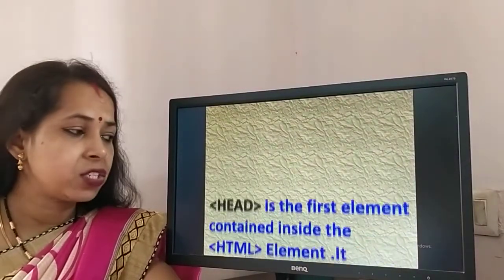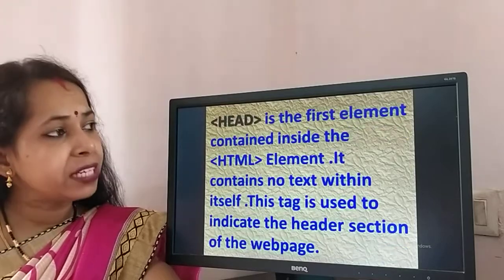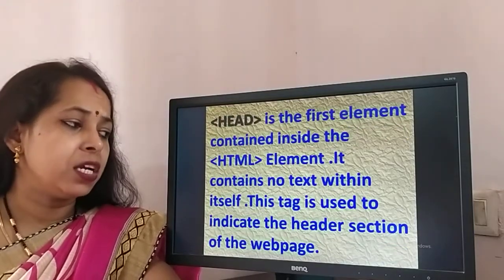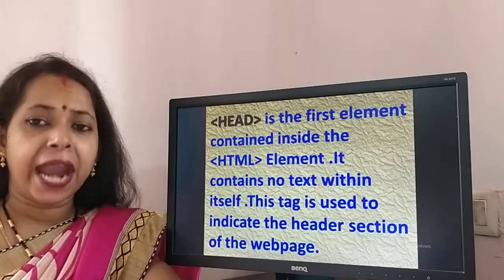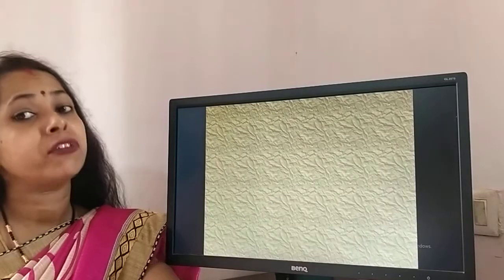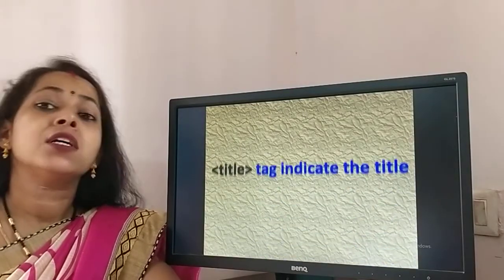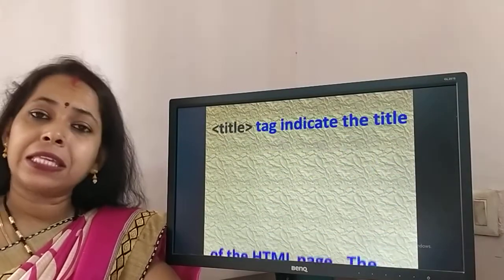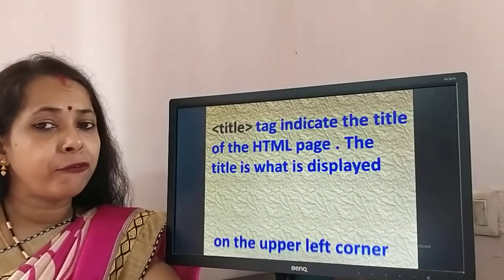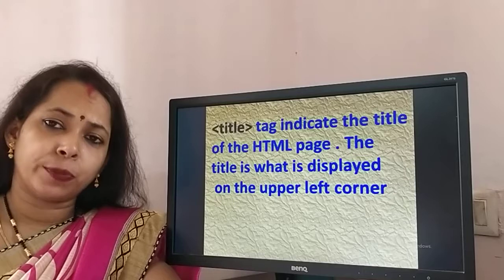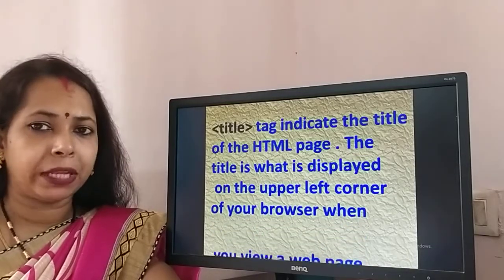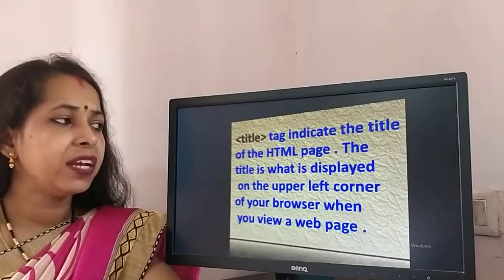And the next tag, children, is the head. This is the first element contained inside the HTML element. This tag indicates the header section. Okay, not the web page header section. This is the header section of the HTML web page, the topmost part. Okay. Next is the title. The title is the indicator of the HTML document, shown in the upper left corner of the web browser. Okay, that is the title tag. The web browser displays the title only. Next is